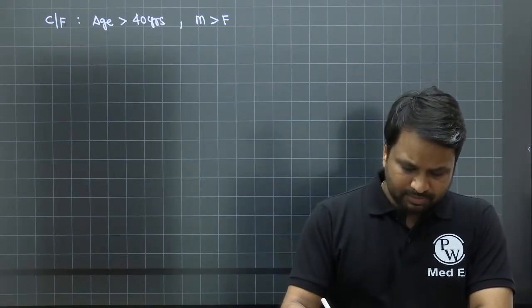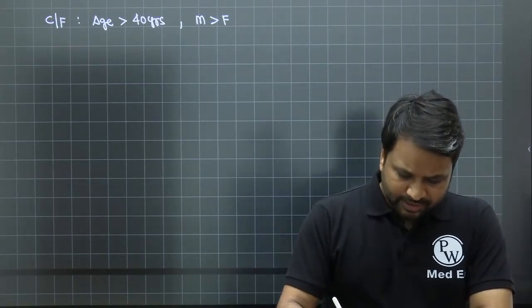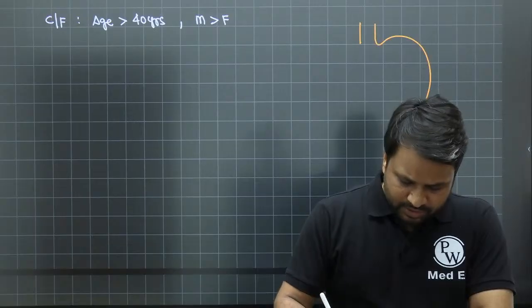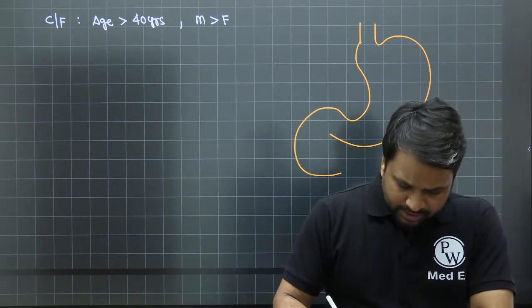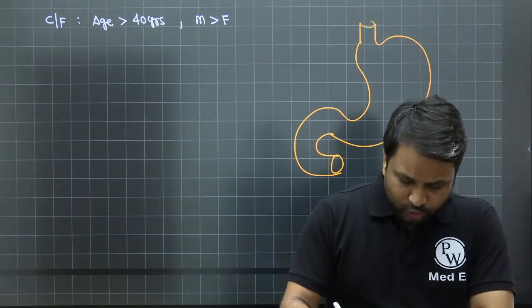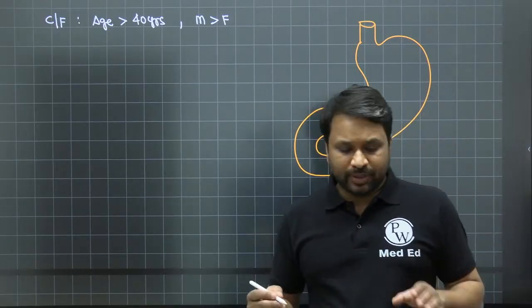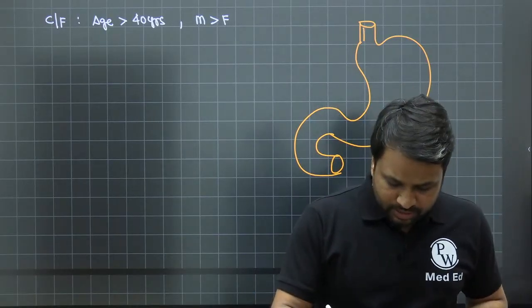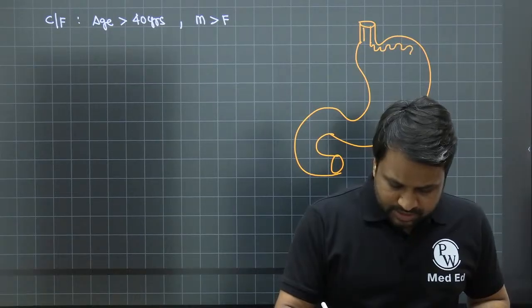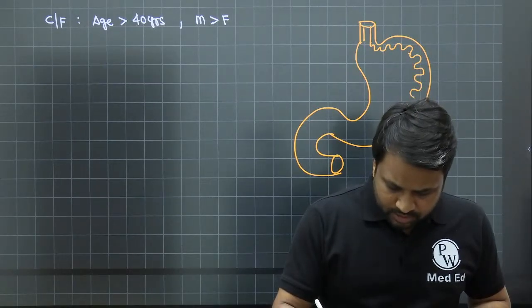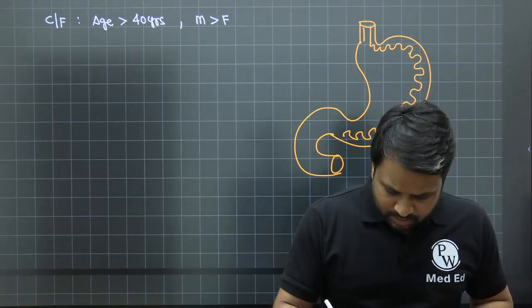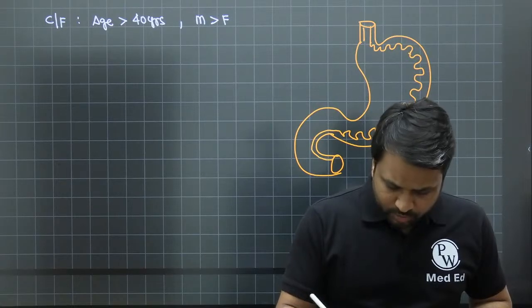why these symptoms are being produced. Now, if you take this as the representation of the esophagus and this happens to be the stomach, I can talk about two sets of tumors or two sites where the tumors would actually arise from. So this is going to be the gastroesophageal junction. From here you will see the stomach, the rugosities in the stomach are going to be present until the duodenum, and the duodenal mucosa will actually